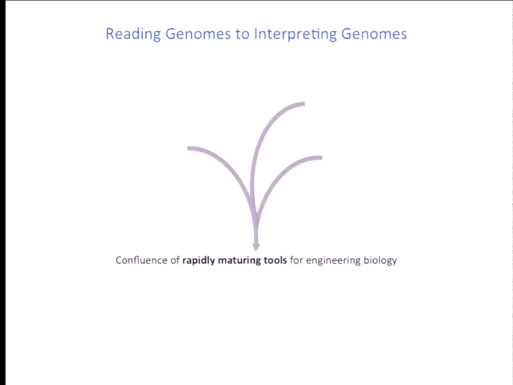So I just wanted to conclude by saying that in terms of reading genomes to interpreting genomes, I think we are at a very interesting phase in biology where there is this confluence of very rapidly maturing tools. This is one of those unique phases where there are tools now that we can use to recapitulate biology, for instance, use induced pluripotent stem cells. We have tools to perturb biology, such as zinc fingers, TALs, and CRISPRs. And importantly, our ability to also assay biology is rapidly growing as our tools for imaging, sequencing, proteomics, and metabolomics become very powerful. So it's an interesting phase in biology where there is this rapid confluence of these emerging tool sets, which are getting much better as every passing day goes on.